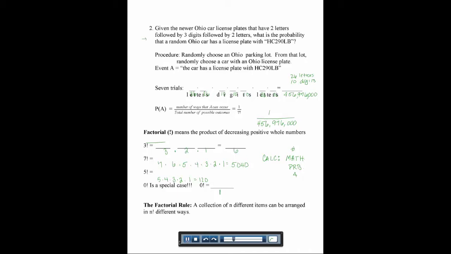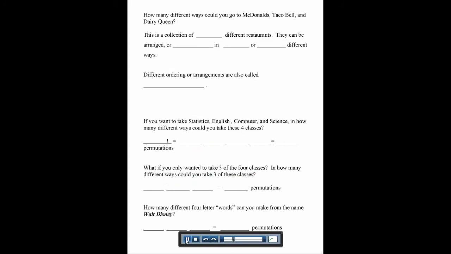Okay, so if we look at the next page, it says how many different ways could you go to McDonald's, Taco Bell, and Dairy Queen? So here we have 3 different restaurants. And the way of actually arranging this, the special math word is called permutating them. So the way they could be arranged are permuted in 3 factorial different ways. That means there's a total of 6 different ways that we could visit those 3 restaurants